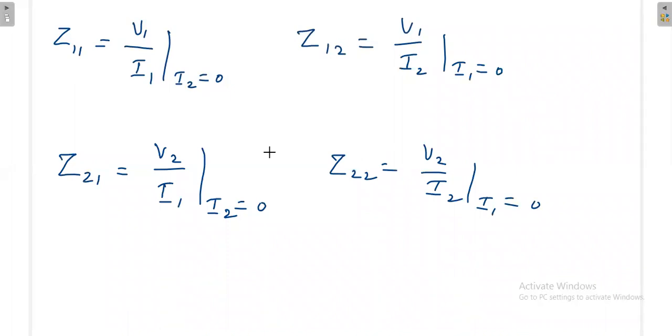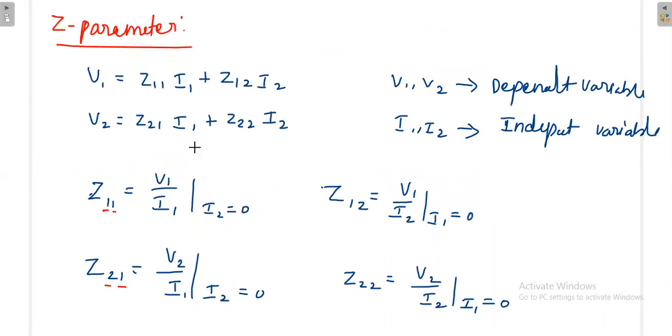So whenever you write this, you have to keep in your mind that you are writing the open circuit parameter, because all the Z parameters are open circuit parameters. That means either you have to make I1 as 0 or I2 as 0. So what you need here, you write that, then the rest you can write as I2 as 0. So without writing this equation also, directly you can write this, but it is always better advisable to write this equation, then from this you try to write this so that you will not make a mistake.